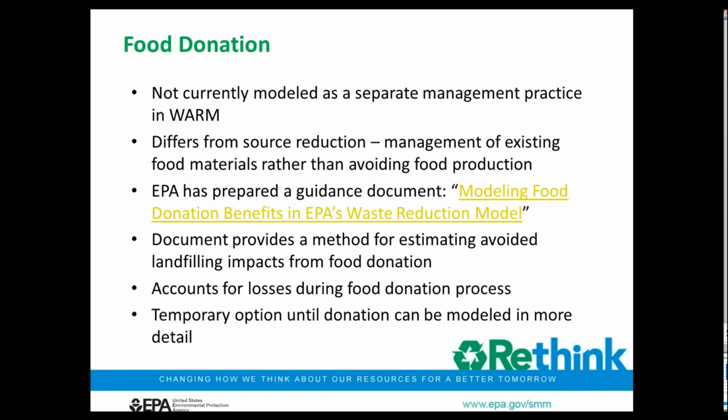EPA prepared a guidance document called Modeling Food Donation Benefits in WARM, and that provides sort of a quick way of roughly estimating what the avoided landfilling emissions would be. So if you were to donate food, and someone was to consume it instead of sending it to a landfill to become waste, that document provides a way to estimate those benefits of food donation. But it's a rough estimate,